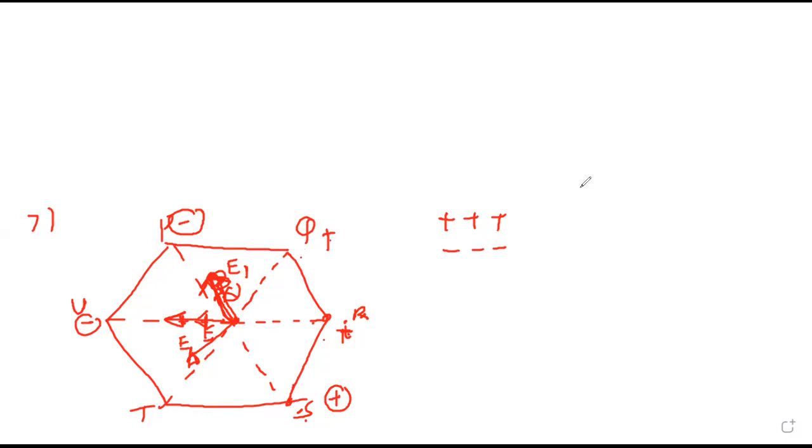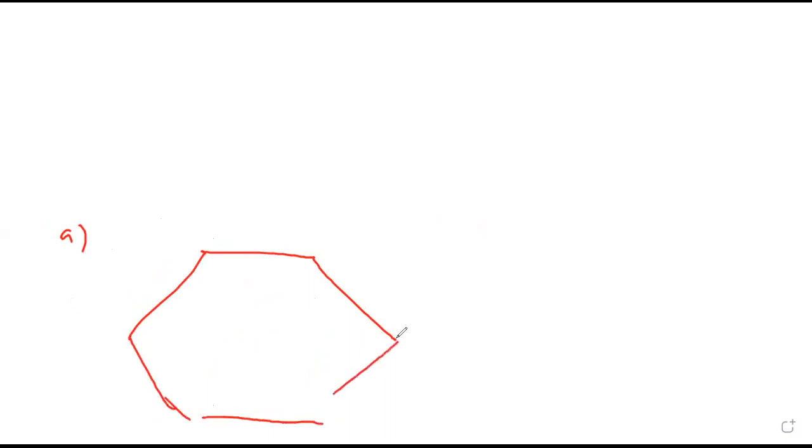One minute, wait. See, this is trial and error. Which will come correct, we have to see. If R was having positive charge, clear cut there, everyone. R is having positive charge, then the final answer should become double. So I take the first one: P positive, Q positive, R is fixed, they are telling positive. This is minus, this is minus, this is minus. Let us check whether the answer will become double of individual R.